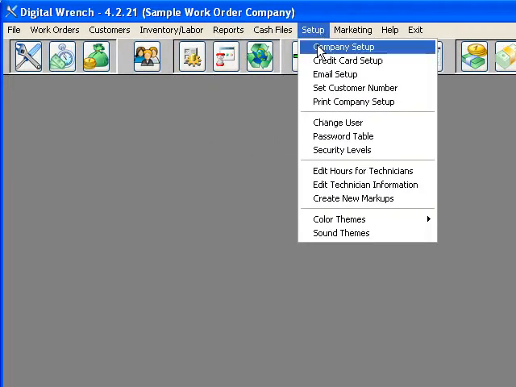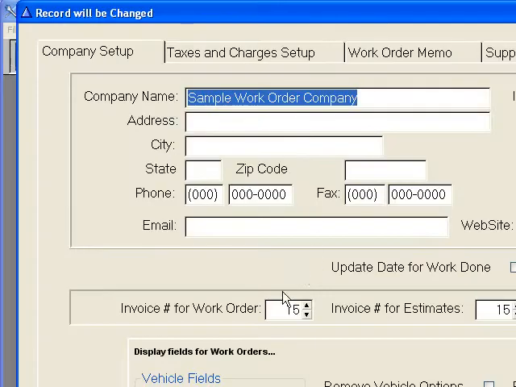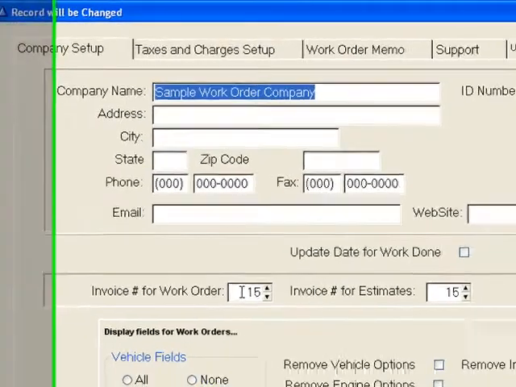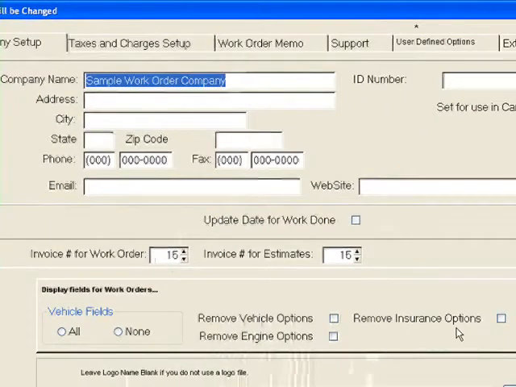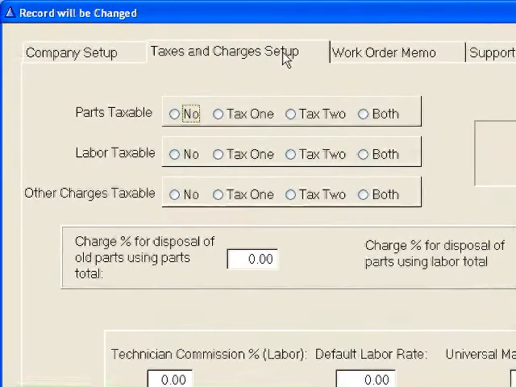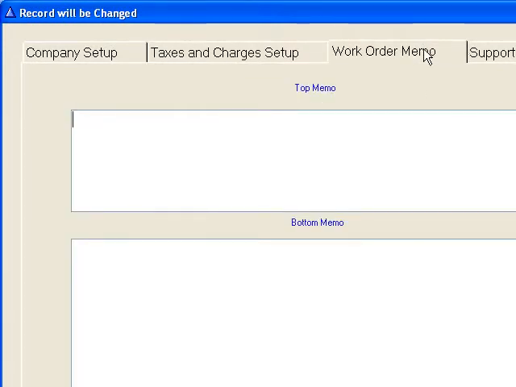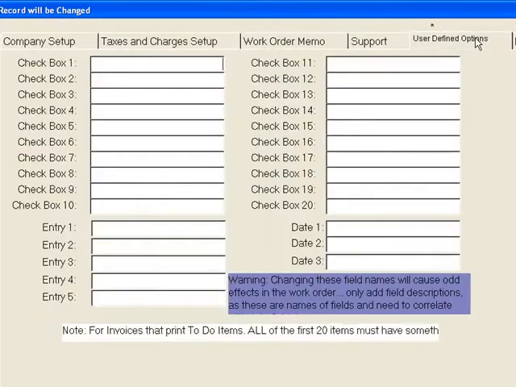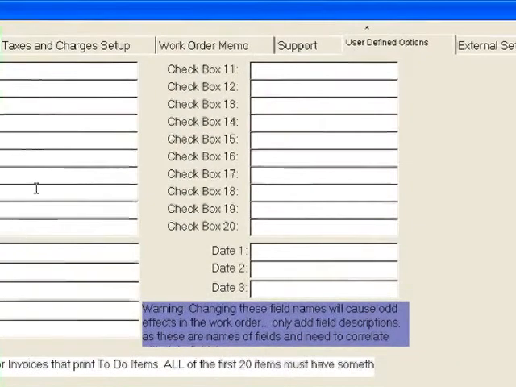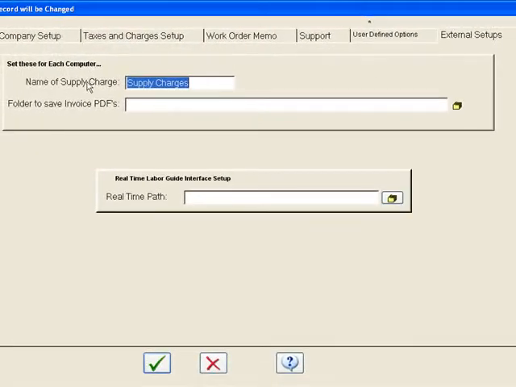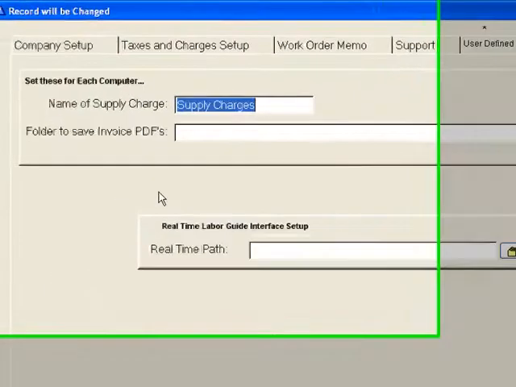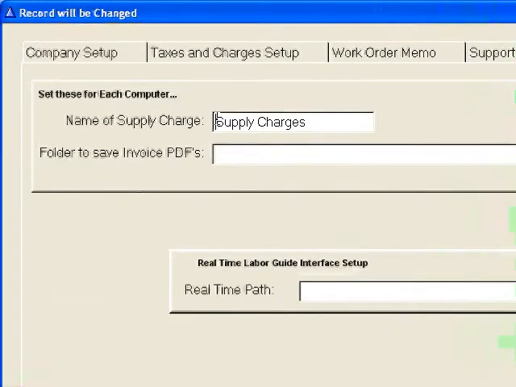In the setup area, you've got your company setup where you define your company information, you define what vehicle options you want on the screen, your tax setup, what kind of invoice you're going to use, your labor rate, your markup, the memos you're going to print on the work orders, any external user options here that you want to have your technicians check when they're working on various jobs for your kind of business. And you can even name the name of the supply charges. So if you want to put like an EPA in front of it,